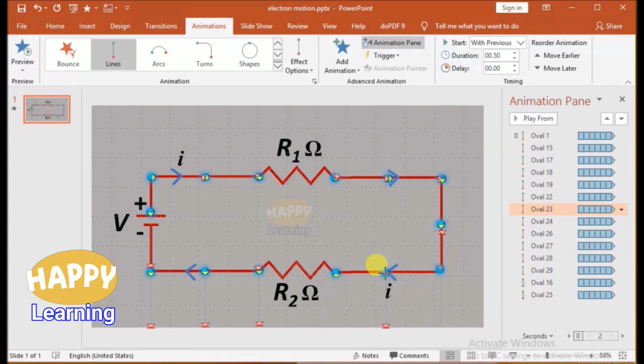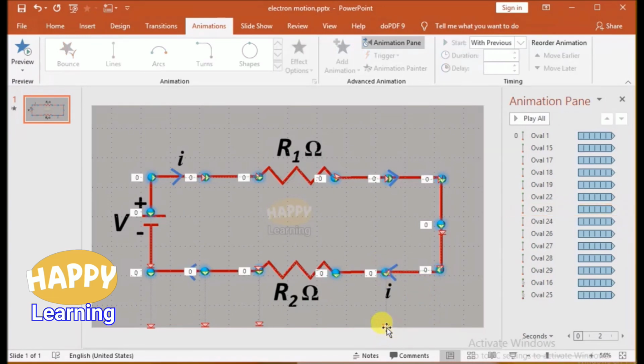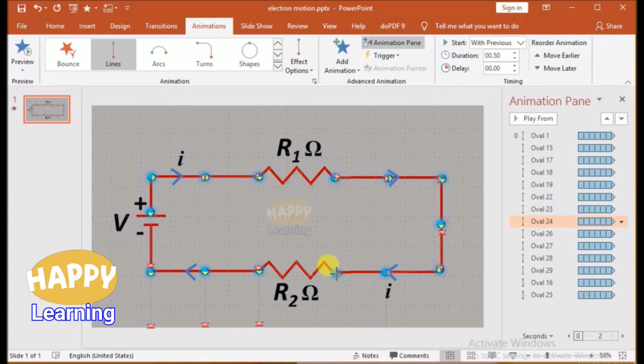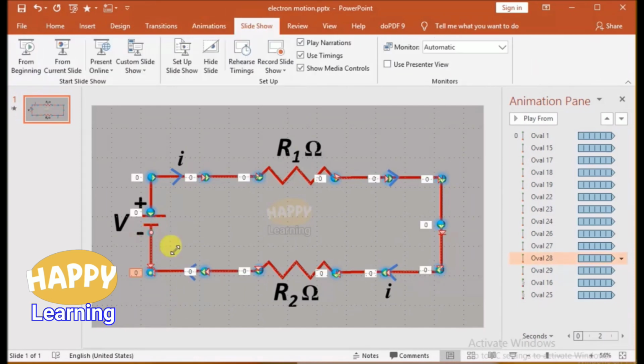So for each element separately I am changing its movement path, holding that red dot and placing on it circuit line. Thus, all elements movement directions are fixed. From the default top to bottom motion we have changed their motion according to our need.